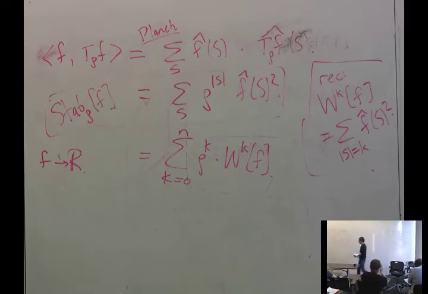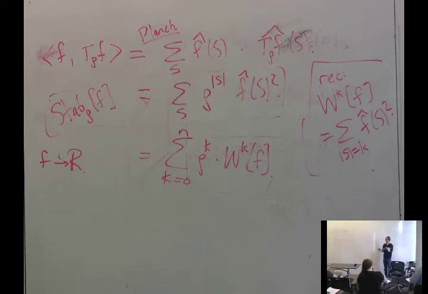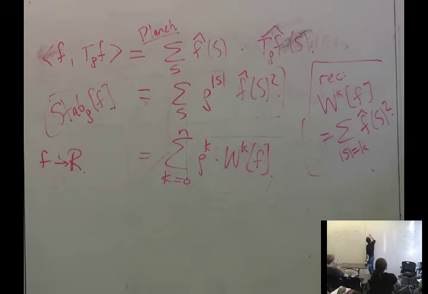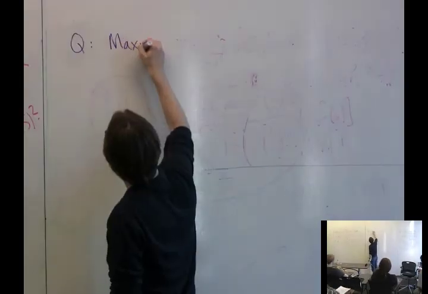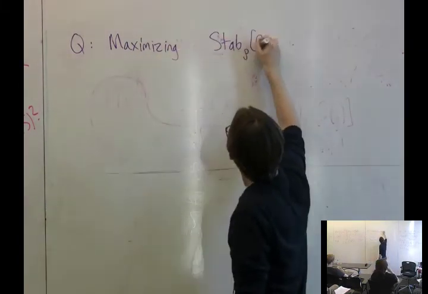We can also ask the same question about minimizing noise sensitivity, which is also a similar measure in a way to the total influence, in the sense that it measures the boundary of a set that f is indicating. Instead of picking a random edge of the hypercube and asking, is it crossing the boundary between f's 1s and f's minus 1s, you pick a random longer edge, one where the fraction of coordinates on which the endpoints differ is something like delta n. So you could ask about minimizing that noise sensitivity, or about maximizing the noise stability of a Boolean function